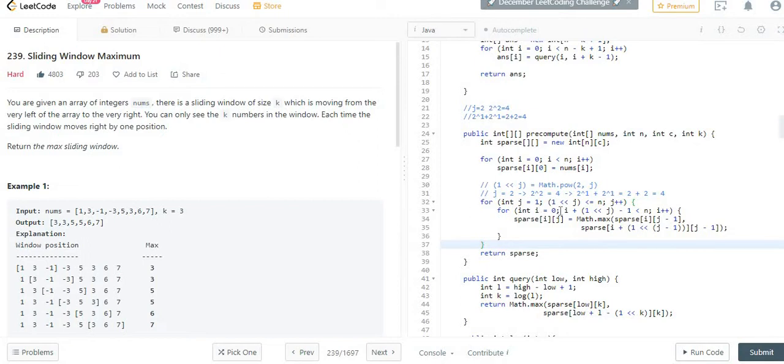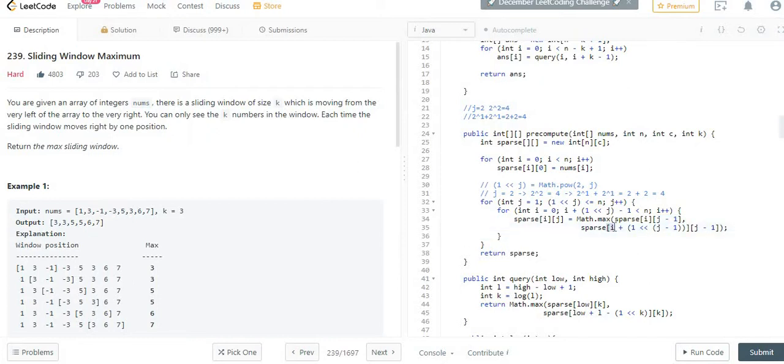Here your i is also 2, so 2 comma 2 minus 1. Take the value from the second position, which is this one, and one step next, because it is 2 to the power 1, so st[2][1]. These are the values.